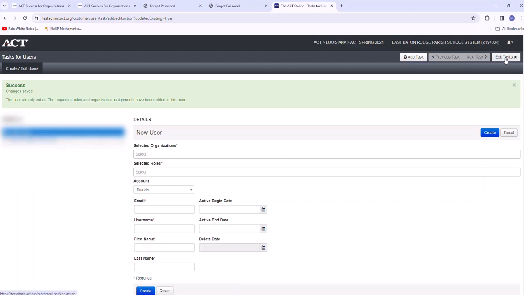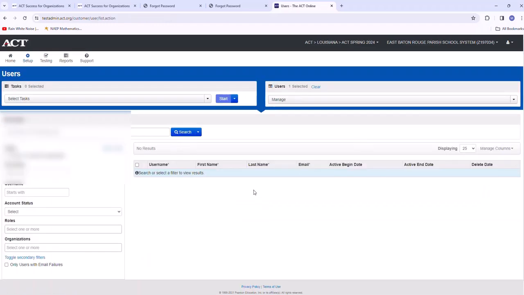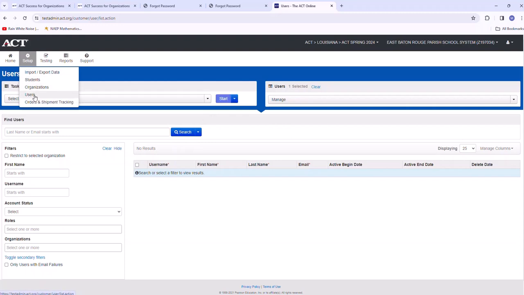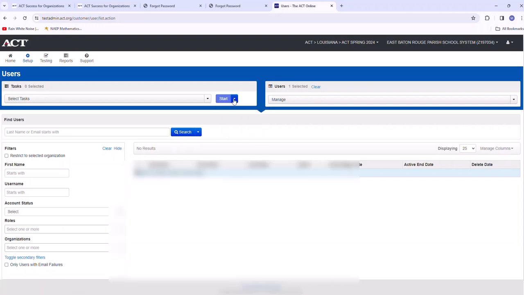Let me just check something, because the room supervisor, that person will not be able to help you with creating test sessions. That is weird. Okay, so let's see, users. I don't know if, being that I'm already the STC, it won't let the STC add another STC. It is possible. Who knows? We just take it one day at a time.